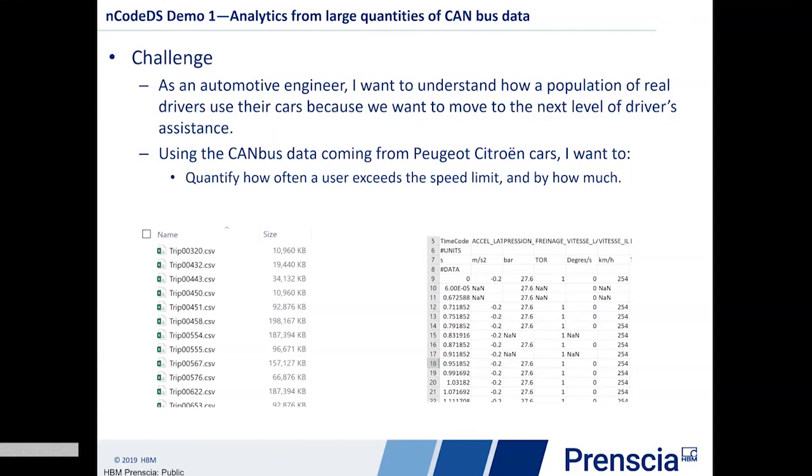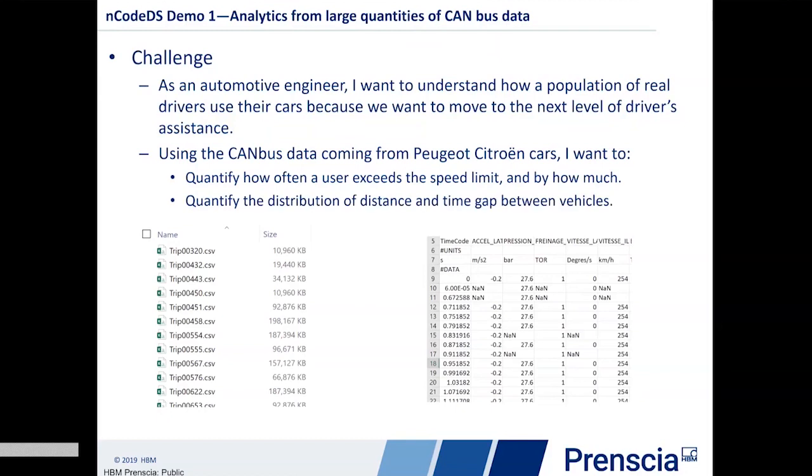I want this automatic thing to happen in a comfortable fashion. I don't want my drivers to be surprised. I want it to mimic more or less a real usage. So I need to quantify the speed and how often it exceeds the speed limit.